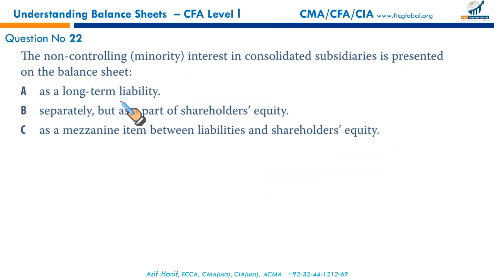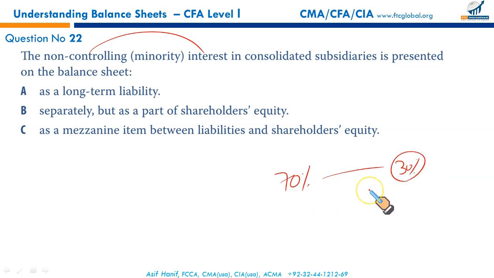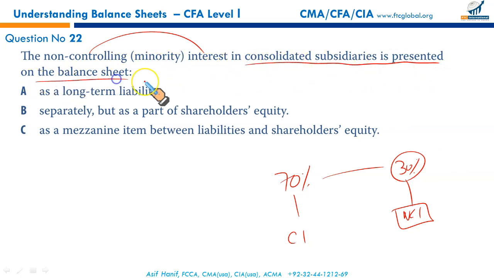Next, a non-controlling interest. This is the new name. This was the old one, minority interest. We used to use it about 12 or 15 years ago, but the term used now is non-controlling interest. You purchase 70% stock of the company, and the 30% which you couldn't buy, or which you intentionally or unintentionally didn't buy, is called non-controlling interest, and you hold the controlling interest. So how do we report the non-controlling interest in the consolidated subsidiaries balance sheet? I told you a little while ago, it is reported within the shareholders' equity as a separate part.